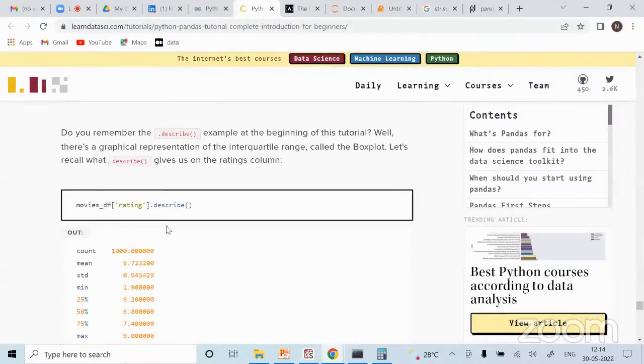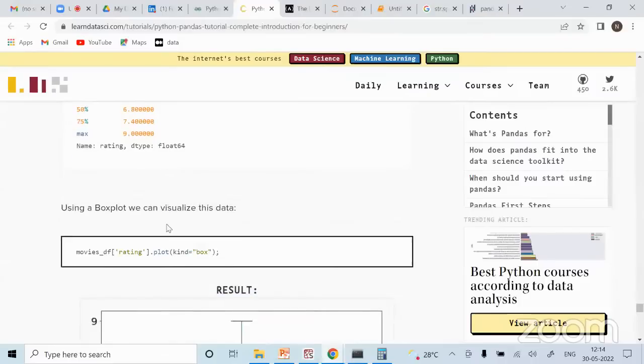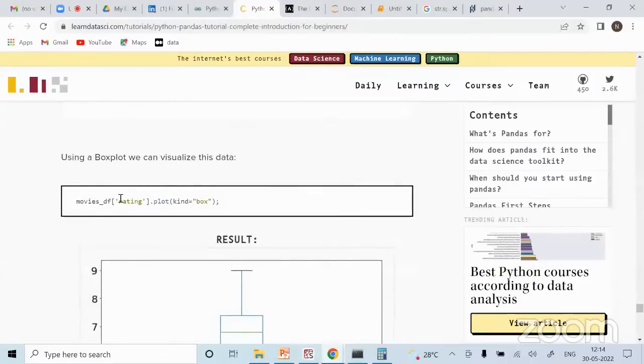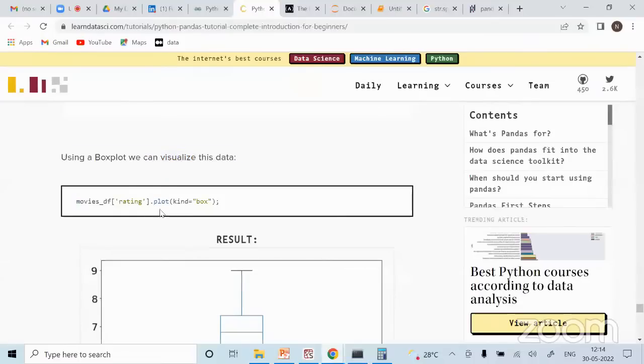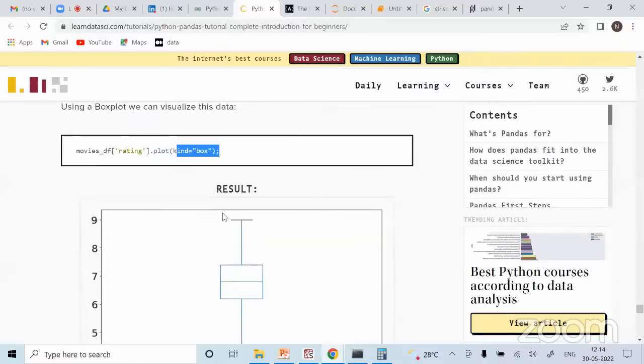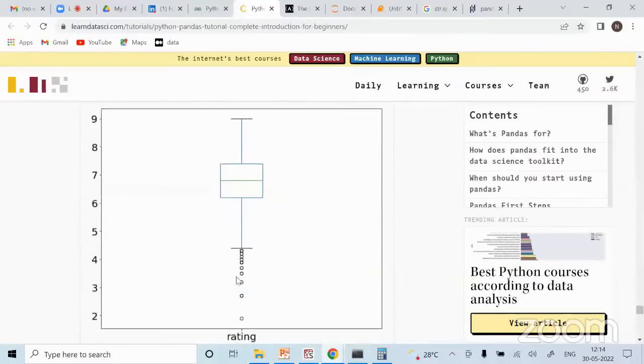But for the sake of completeness, what you can do is simply give a column and on that column give dot plot, and tell what kind of plot you want, whether you are looking for a box plot, a bar plot, whatever. You can give it like this in one line and you will get the plot out of it.